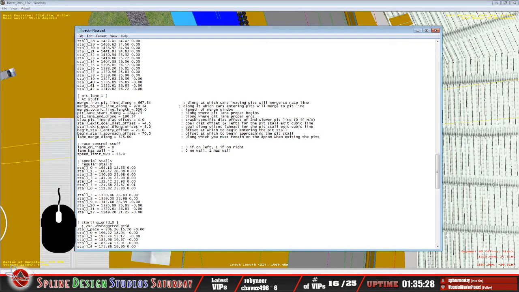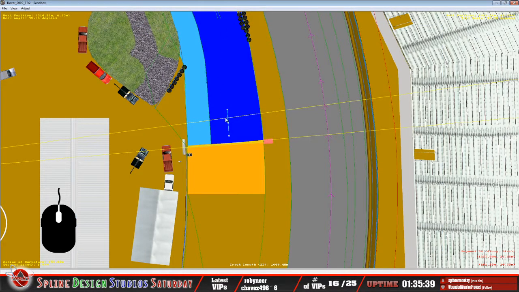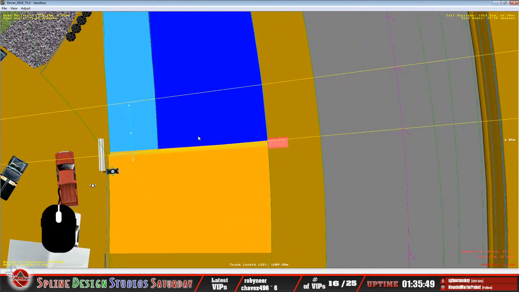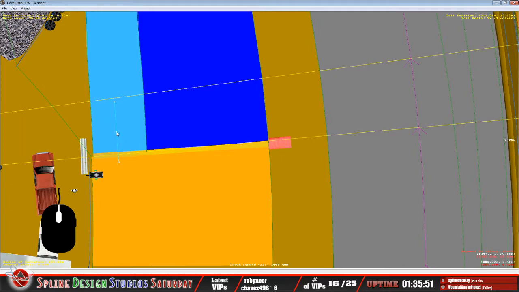Okay, this value will definitely come into play as far as how we set this very first pit stall coming onto the pits. So we got this set to 1249. You want that to be higher than your actual commit line, so it'll be basically the first line. Whether you make it the same or a little bit higher. So we got it at 1249. Let me zoom in here a little bit more. Again, it's based on the center point, not the front or the tail, the center point of where the car would be. So 1249